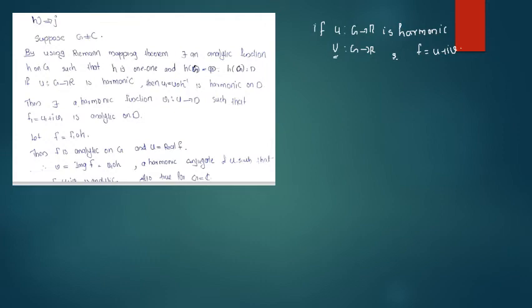Now come to the proof. Here the proof is only one statement. Suppose G is not equal to C. Then by using the Riemann mapping theorem, which we already gave in the last slide, for any simply connected region D which is not the whole plane, there exists an analytic function f having the properties f of a equals 0, f dash of a greater than 0, f is